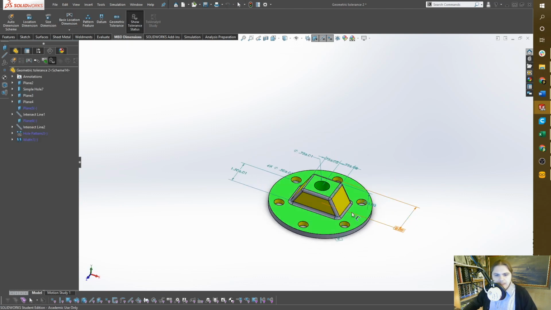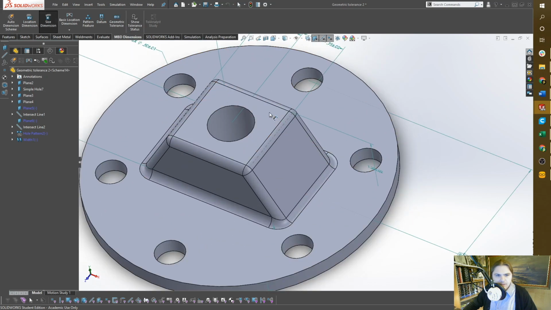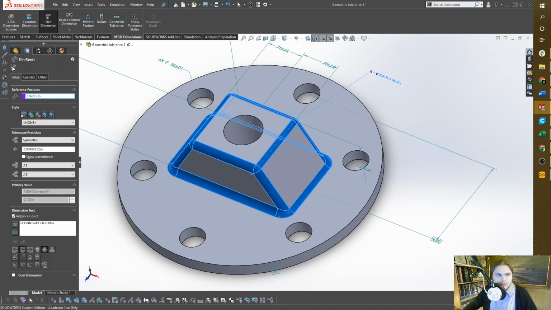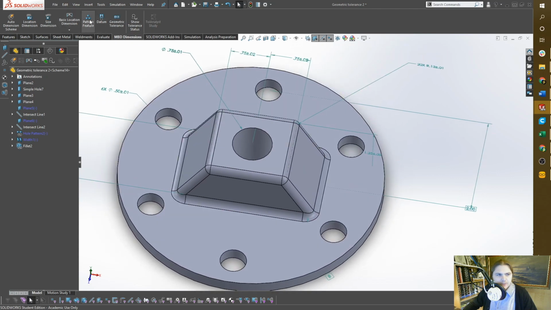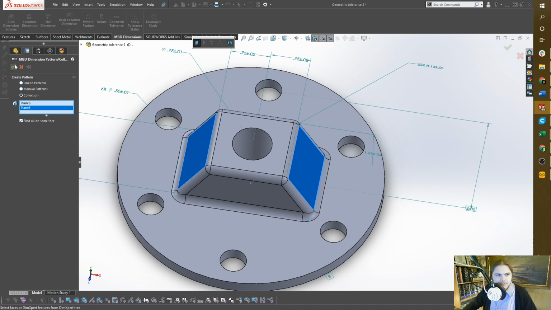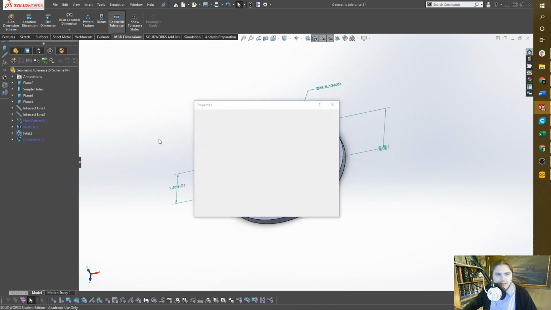Okay, so let's see where we're at with this guy. Let's do a size on our fillets here. And then I think I did, so I didn't have to do it twice, it'll be a collection. So I'm going to select this surface and that surface so that it gets done in just one swoop. So I'm going to add